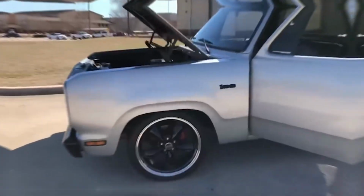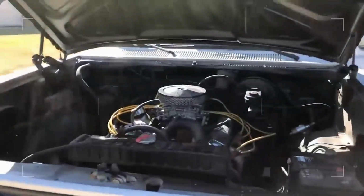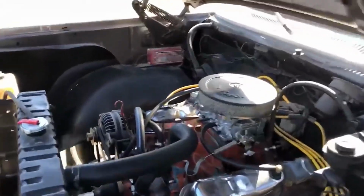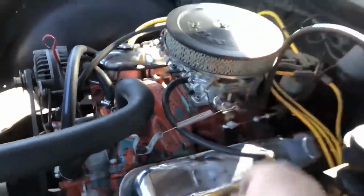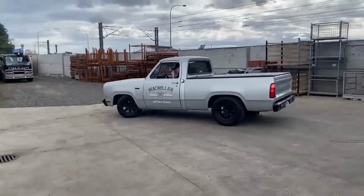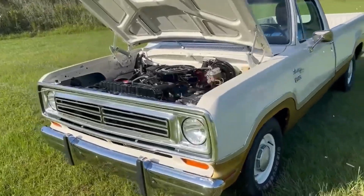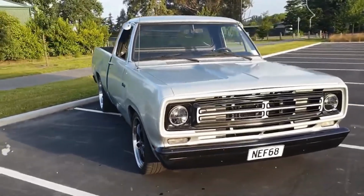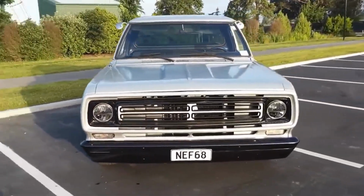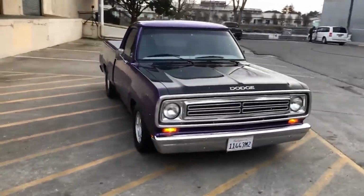preferences. Under the hood, the 1970 Dodge D100 has several engine options. The standard engine was the 225 cubic inch slant 6, known for its reliability and fuel efficiency. For those wanting more power, Dodge offered V8 engines, including the 318 cubic inch and the larger 383 cubic inch engines. These engines were paired with either a 3-speed manual transmission or an optional 3-speed automatic transmission, allowing for different